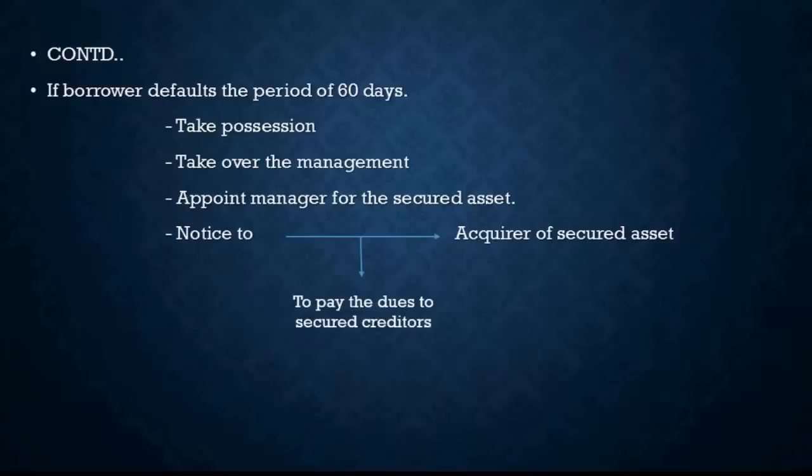Now I am not the acquirer from the borrower, I am the purchaser of the asset. Right? Because I have attended the bid and I have made the payment and I have taken the asset. So the bank has received the payment. Now what happens is, for example, if the secured creditor had lent 1 crore rupees,